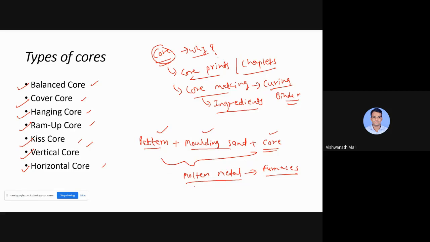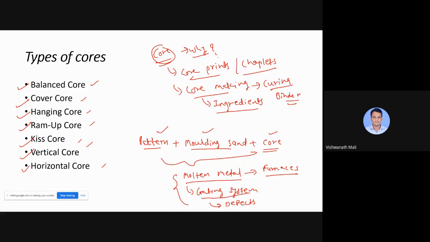Right. Now, while pouring, we require a passage. That passage is known as the gating system. So that gating system also we are going to study. And once it is solidified, we remove our part, and that part may have certain defects. Those defects also we are going to see. So these three parts